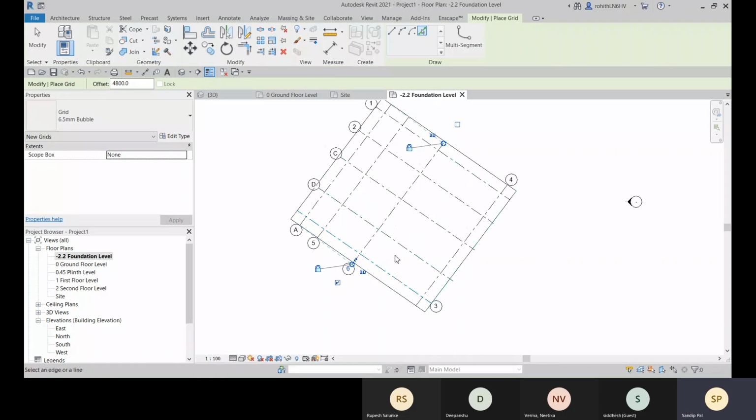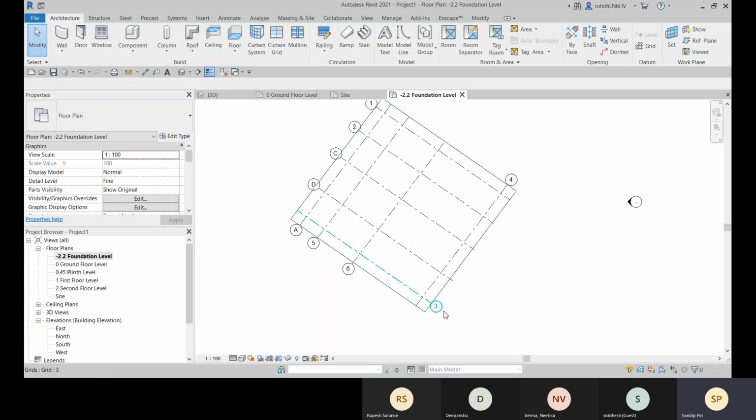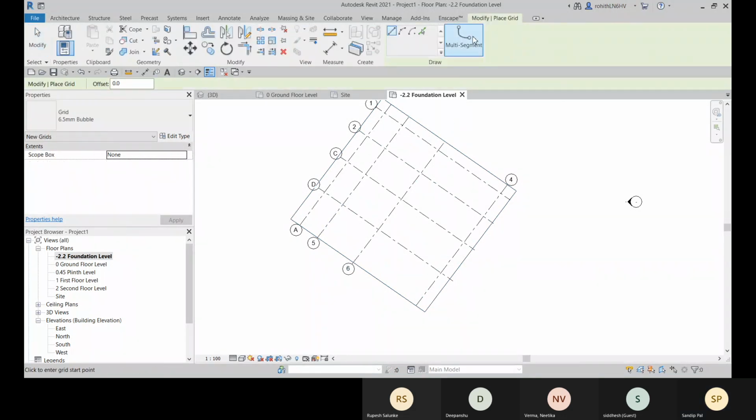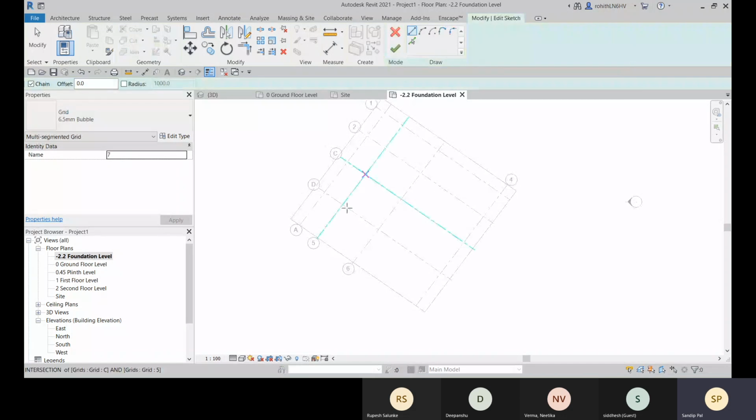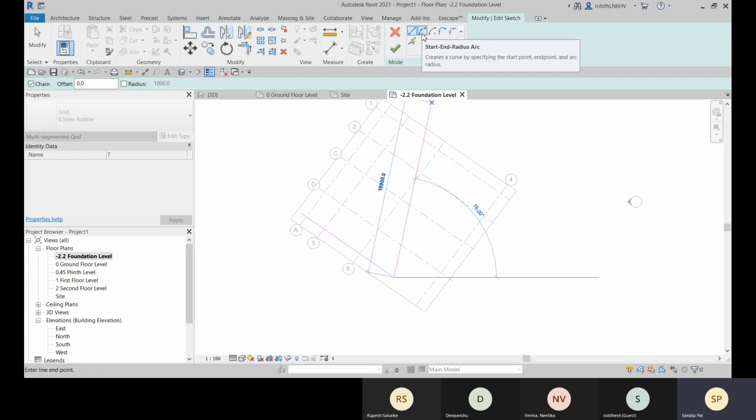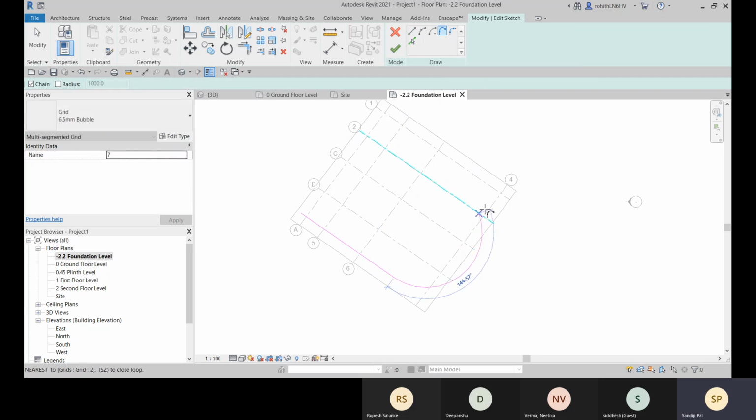For the next one, let me show you how we can create multi-segment grids. Here we have this multi-segment option. Let me go with this, and after that, I can go with start and radius or tangent arc.